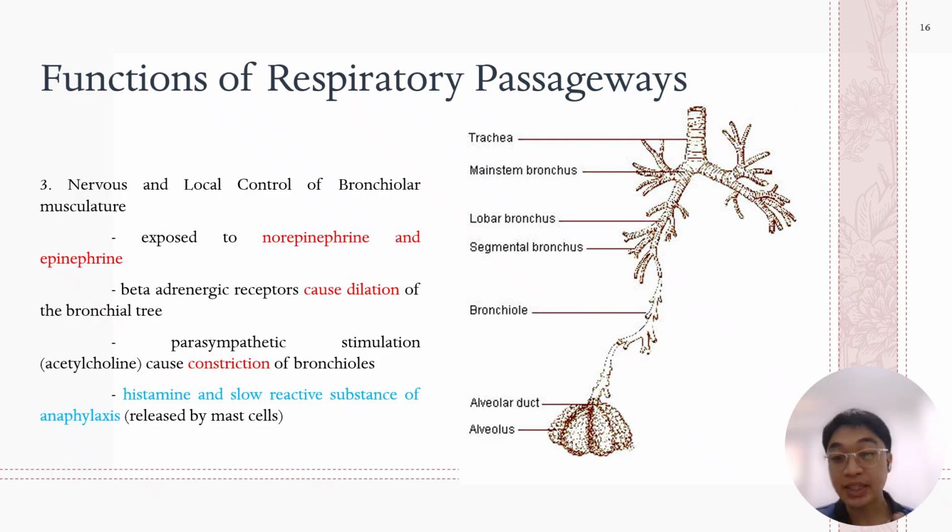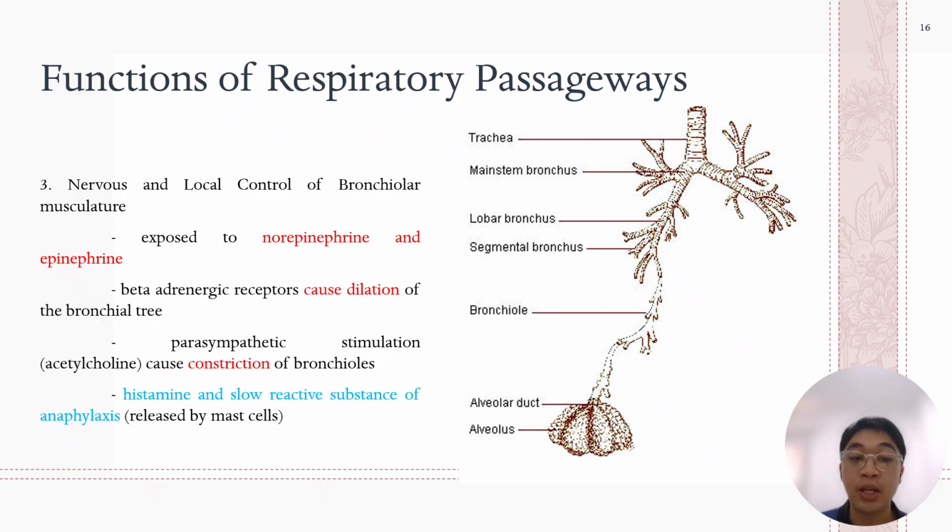So, among asthmatic patients, especially if any one of you are asthmatics, as you may have noticed, you have inhalers, okay, and one of the components of your inhalers has at the last part of the name, salmeterol, formoterol, okay, those are actually your beta agonists. Okay, the main purpose is that it wants to stimulate your beta adrenergic receptors in order to cause dilation of the bronchial tree. That is why there is relief of breathing.